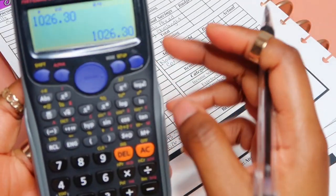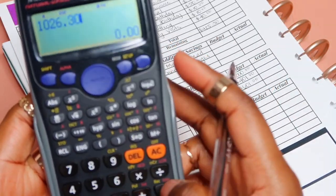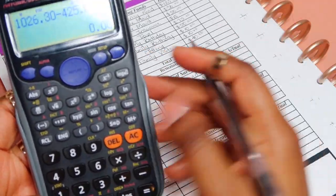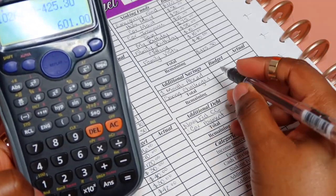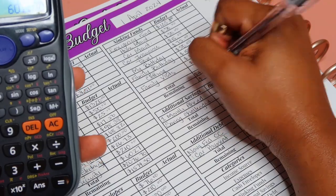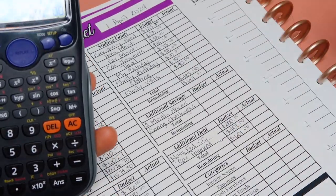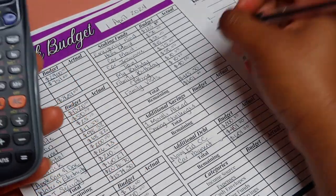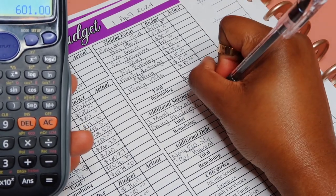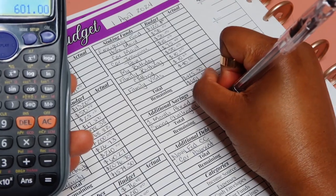$1,026.30 minus, sorry, $1,026.30 minus my $425.30. I didn't put nothing towards saving challenges or 1 month ahead. I just realized that. Left me with $601.00. I already made the decision. So there's nothing going to 1 month ahead, nothing going towards saving challenges. My total amount for this is $0.00. So that leaves me with a remaining of